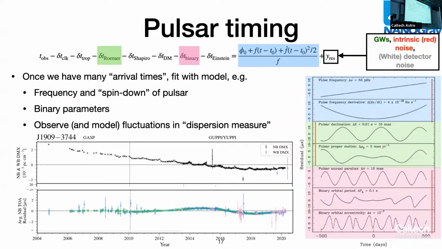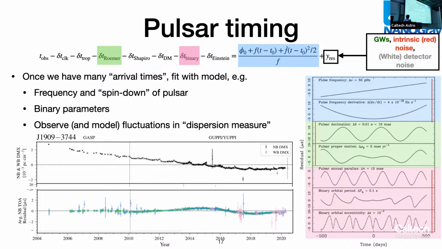So I mentioned that we can predict when these pulses arrive to very good accuracy. So let's talk about that actual physical model that ends up being built. We have some time that this pulse arrives in our detectors, and we need to correct for lots of physical processes before we actually look for gravitational waves. So we want to correct for any errors in the clocks at individual sites. We want to correct for any errors in the atmosphere that we can measure. We want to reference everything to the solar system barycenter, and so we need to know to great accuracy where on the sky these pulsars occur.